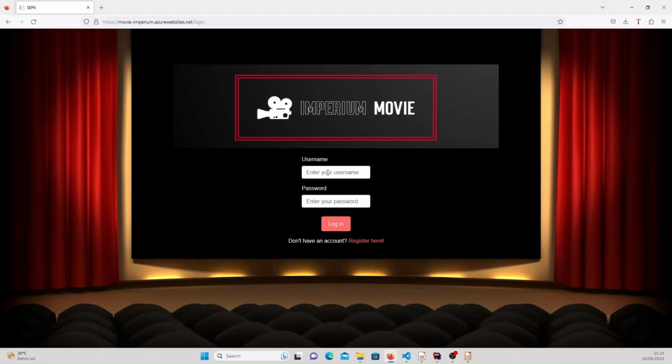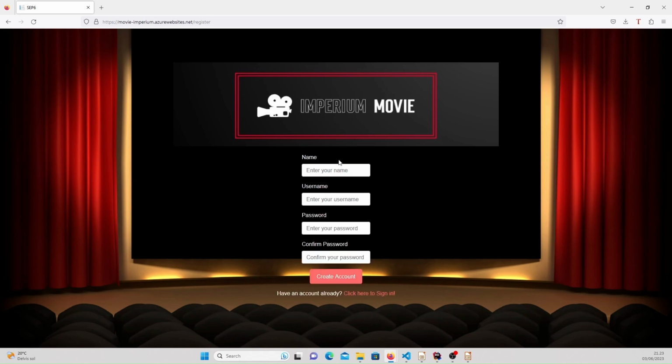Once we access the platform, the first interface is the one for the login, but let's say that we don't have an account yet and we need to register one. We just need to insert a few pieces of information: our name, a unique username, and in this case, I will use a username that I know is already stored in the database to see if our system is able to notice it,